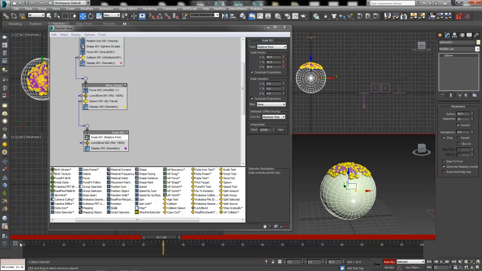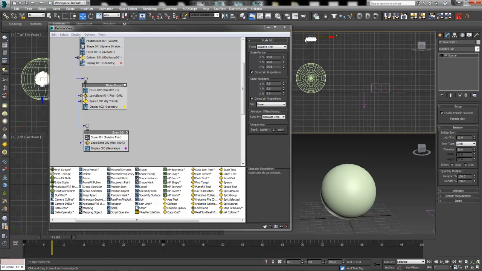Only problem is that all the scaling is going to happen before they even hit and finish on the sphere. So we can move that up a little bit. I'm going to turn off my auto key and select the particle flow source icon, PF source 001. Then we can see our keyframes that we just created for that scale. All I want to do is select both of them by clicking and dragging a selection marquee around the two keyframes.